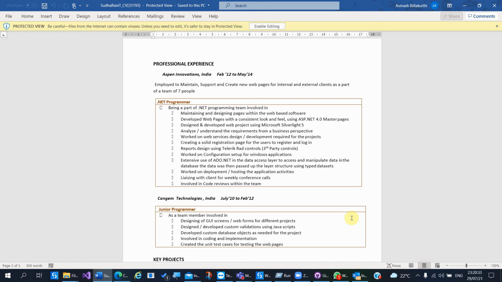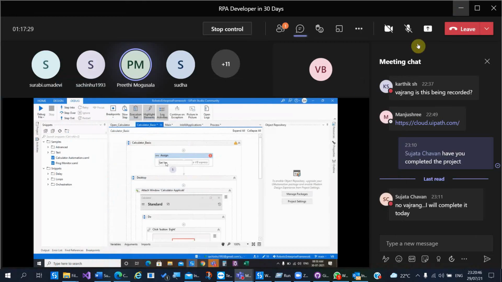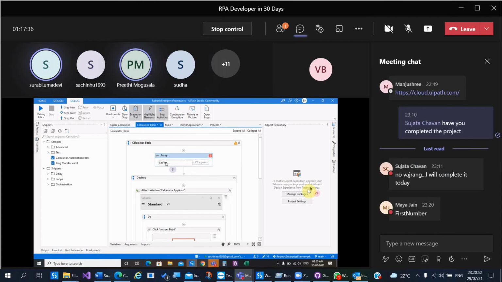You need to give a name, first number. You are creating a variable, and it is a number, so you have to create a number here. Just write first number.